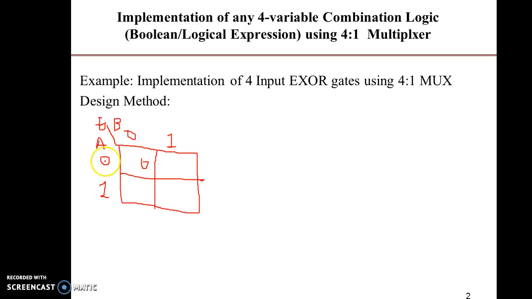Same thing, if A becomes 0, B becomes 1, output of my XOR gate is 1. A becomes 1, B becomes 0, output of XOR gate becomes 1. A becomes 1, B becomes 1, output of XOR gate becomes 0. So here I can generate the logic corresponding to I0 data input pin with respect to variable MSB variable A and B, that is A XOR with B,